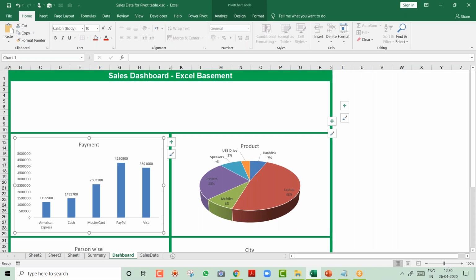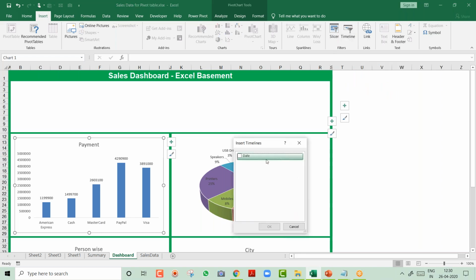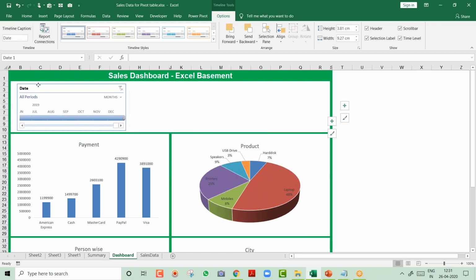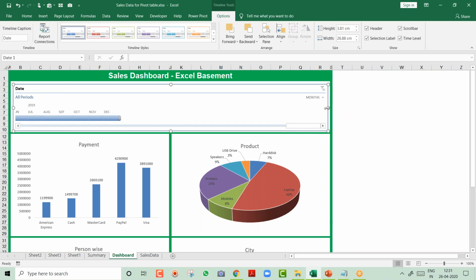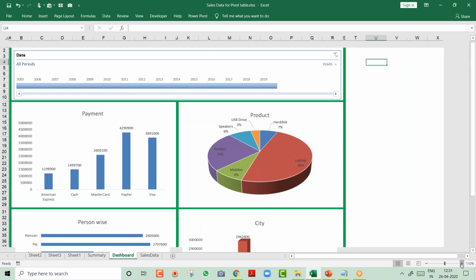Now I will come on this chart and go to the insert, and here is my option, that is the timeline. I click on timeline, and timeline of what? Date. If you have multiple date columns, it will show you multiple date columns. So I say date and done. I will take it nicely, put it over here, and see, I know that it will take us 7 rows, so perfectly I had inserted 7 rows over here. Now I will create this, and I will change here to the year. Perfect. And now when you see, this is really amazing.